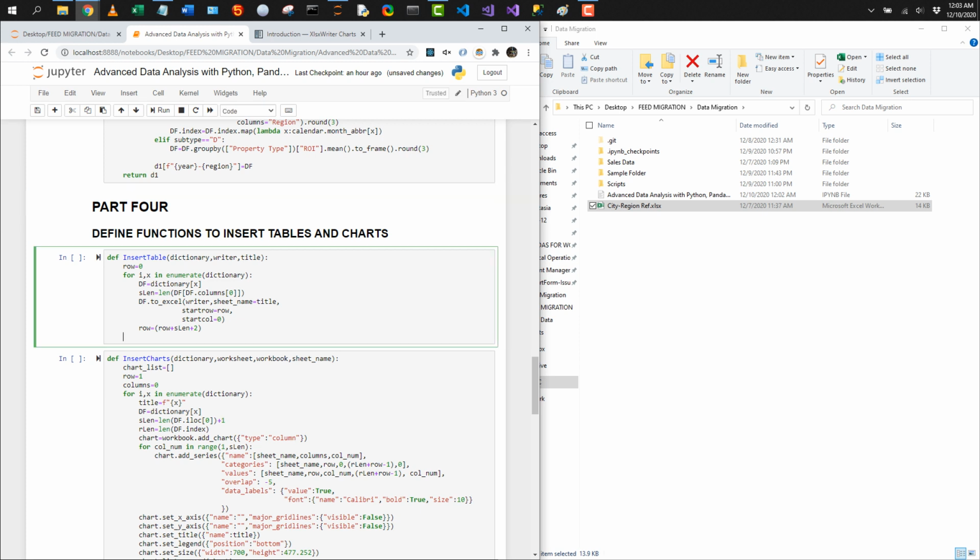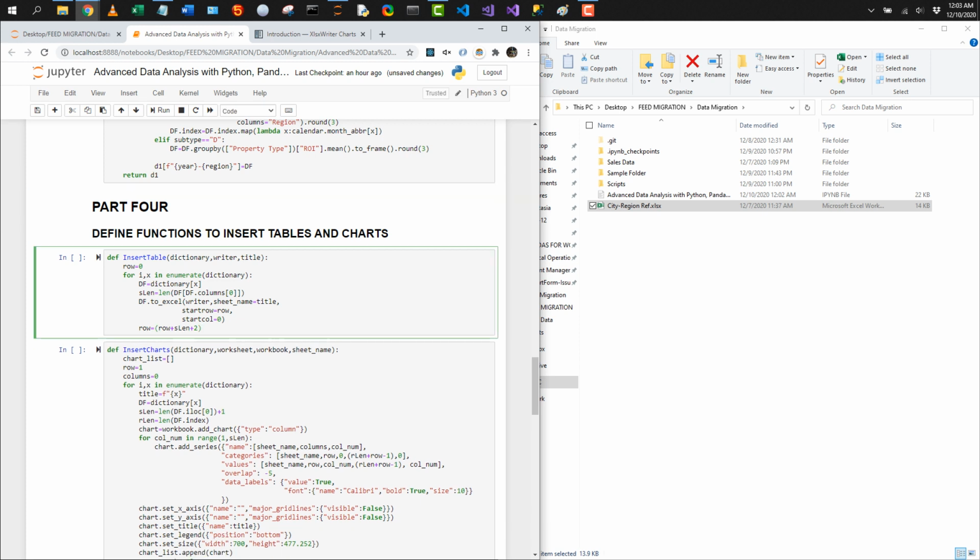Here I'm defining a function that inserts a table. It takes in a dictionary, a writer object, and a title. The first row is going to be 0, and then for each item in the dictionary, you want to take the key in the dictionary, and whenever you're,